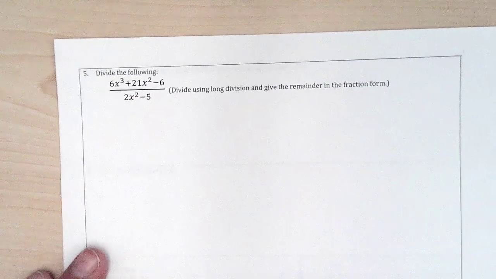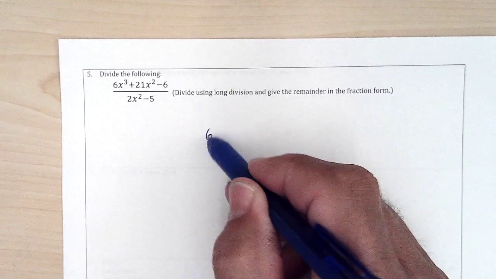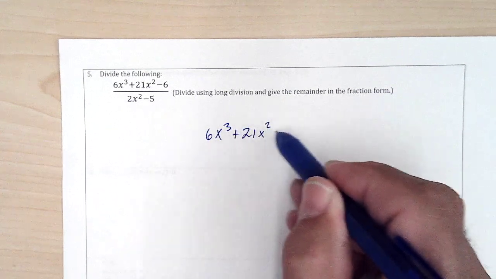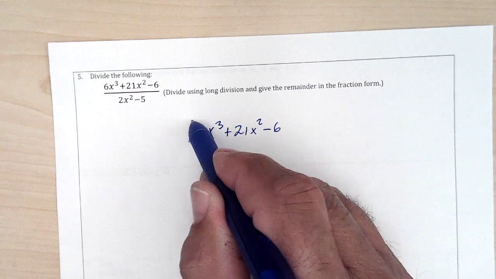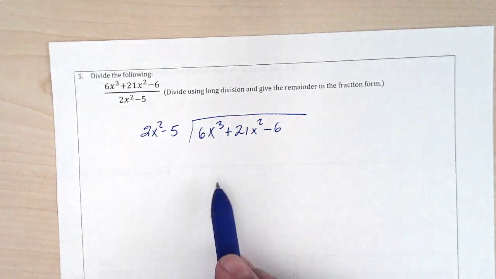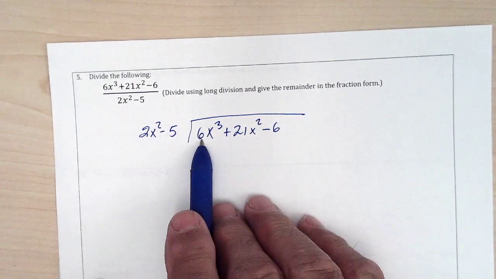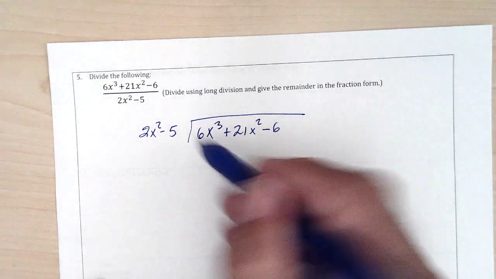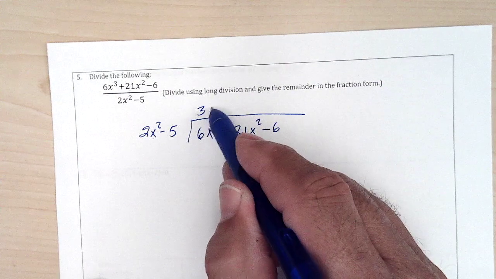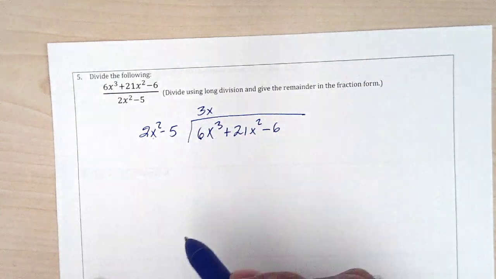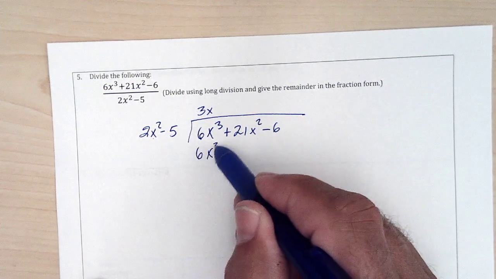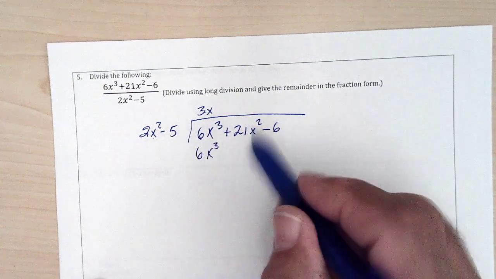Divide these. Well, we're going to do long division. So we got 6x to the third plus 21x squared minus 6, and we're dividing it by 2x squared minus 5. So 2x squared times what makes 6x to the third? Well, I'd have to multiply by 3 to get 6, and I'd have to multiply by an x to get x squared to be x to the third. So I'm going to do 3x times 2x squared, and I get 6x to the third. 3x times minus 5 is minus